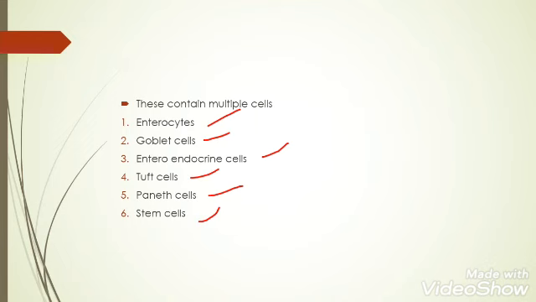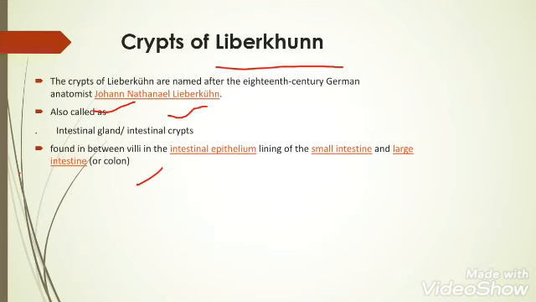Brunner's glands are the ones which secrete certain intestinal juices. These intestinal juices open at the base of the crypts of Lieberkühn, and that's why the crypts of Lieberkühn are totally filled up with the intestinal juices called succus entericus. Whenever it is necessary, these juices are liberated from the opening of the crypts of Lieberkühn. So as we study the function of the crypts of Lieberkühn, it has multiple functions.